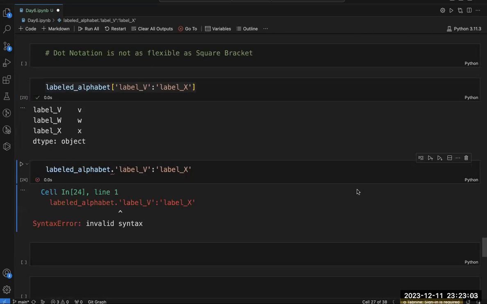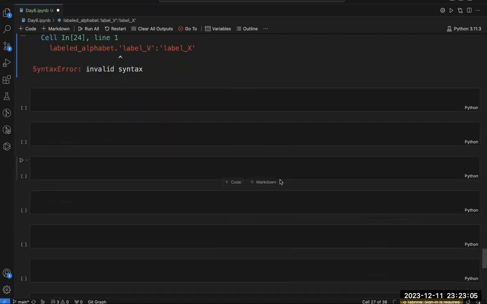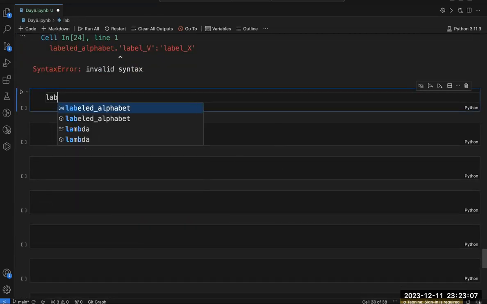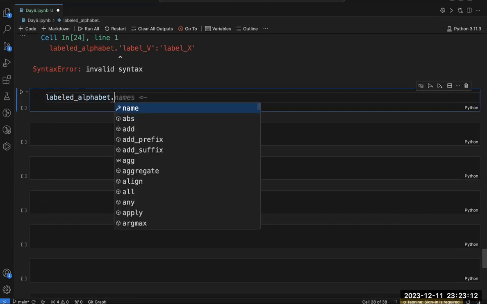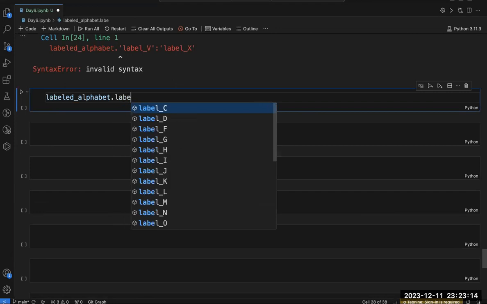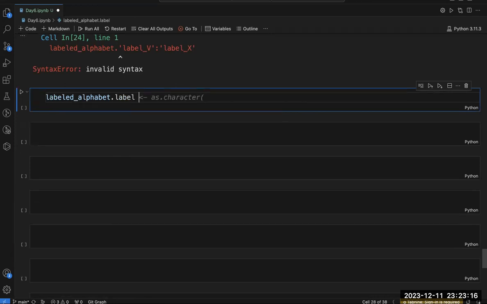Similarly, say I want to access the labeled alphabet and write something like level capital V, then more level, anything I want to write.